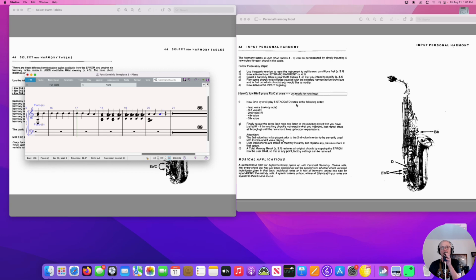And then you can play notes of your choice that become part of the harmony. Now sometimes it's a little tricky to get the B flat and the D key and the E flat and the C to engage. I hold down the B flat and D first, and then hit the two E flat and C keys at the same time. Most of the time it works fine, but sometimes you have to do it a couple of times